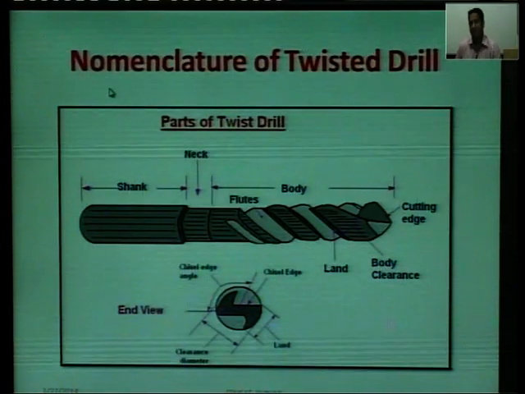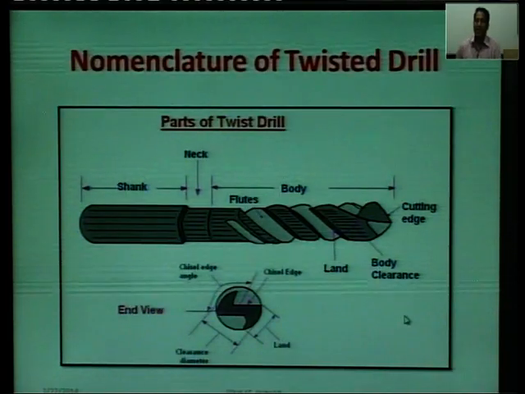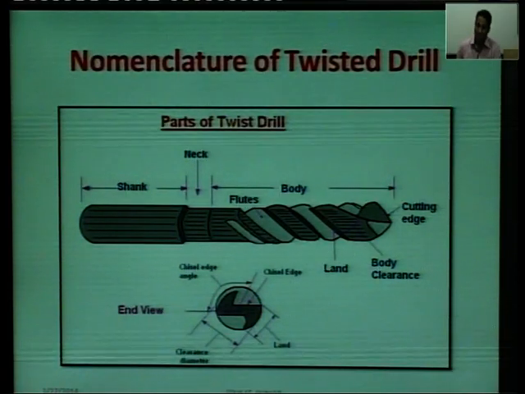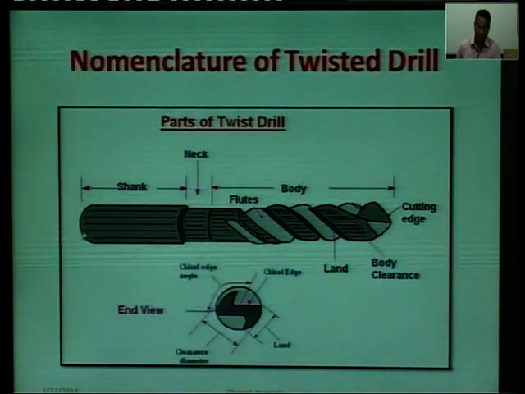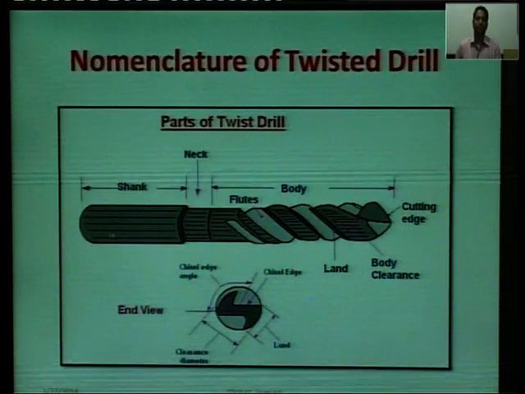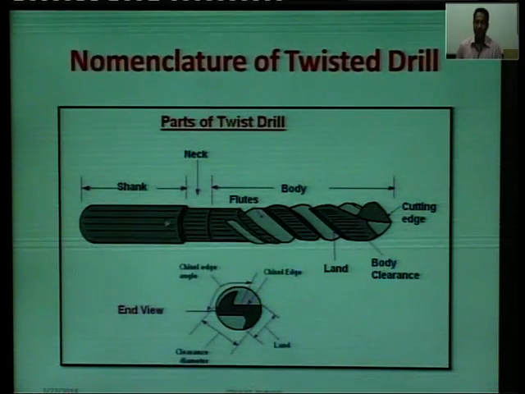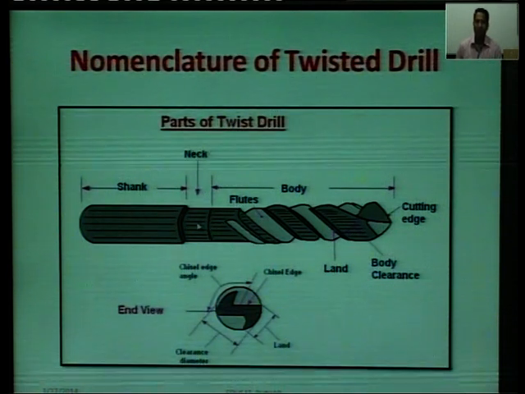Nomenclature means how we divide it into different parts, which parts there are, and which angles it has. This is called nomenclature. So for the parts of the twist drill, the top portion is called the shank, next to the shank is the neck, and next to the neck is the body.